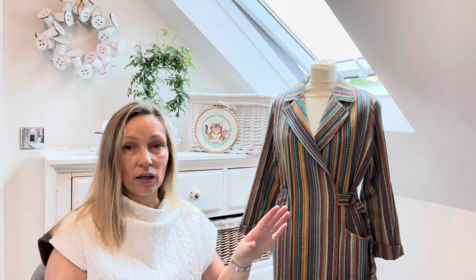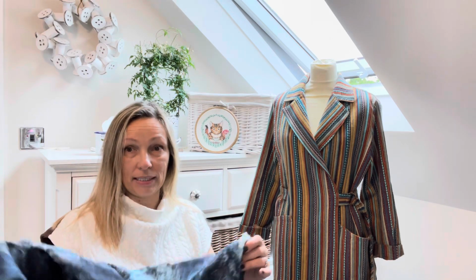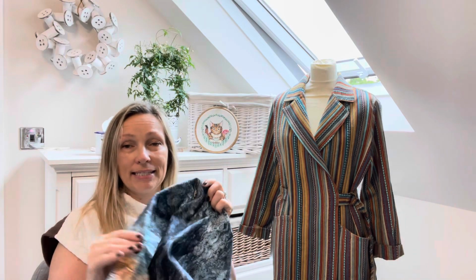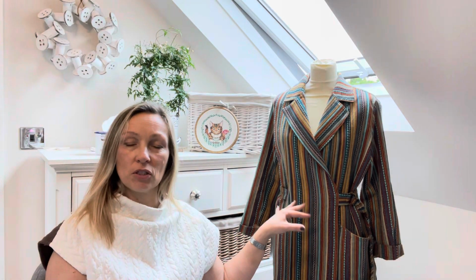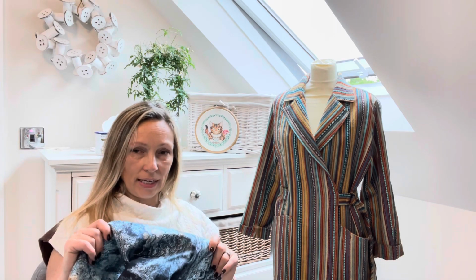I'm not sure. The idea was that I was going to make this up and see how I felt in it before I made it in this. Sorry to be a cop out, but I don't know whether I am actually going to make it in this yet, because of the way that it's made with the belt and everything. You kind of have to wear it done up all the time,